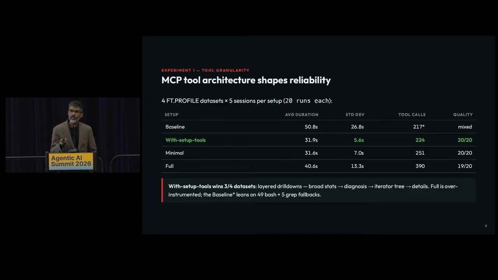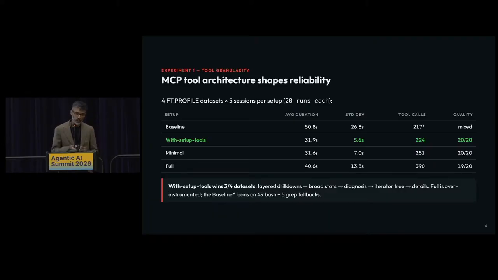And in order to understand the effect of these interventions, we study these separately. So we tested over a number of data sets, and we measured the end-to-end latency, but we also looked at the number of tool calls and the quality of the results. So the first one was a baseline setup, which was an automatically generated set of tools. We noticed that it doesn't exactly perform as expected. It was slow, and the quality of results was actually pretty debatable.